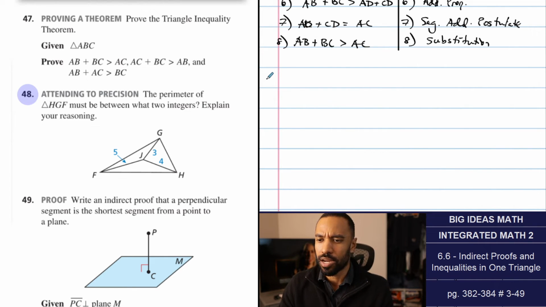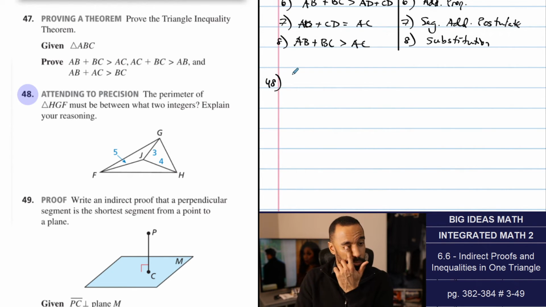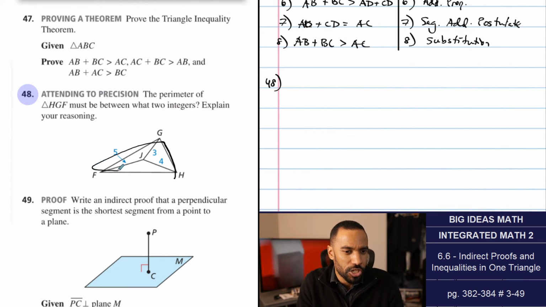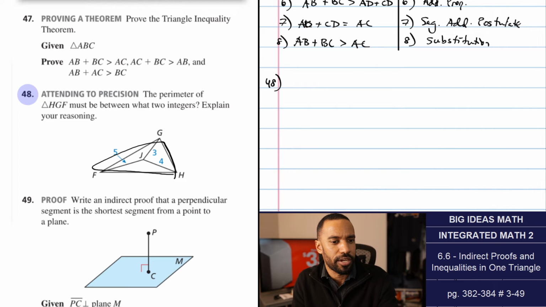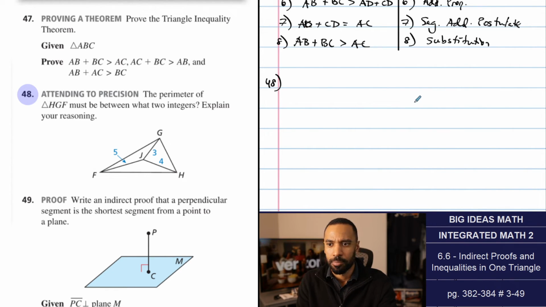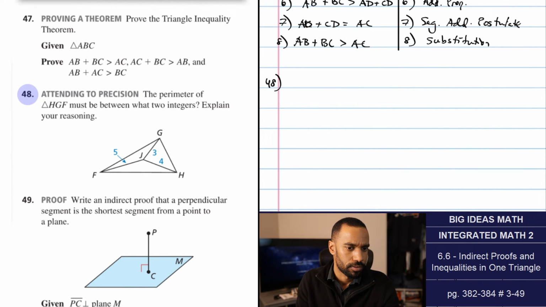All right, two more questions. We got number 48, tending to precision. The perimeter of triangle HGF must be between what two integers? Explain your reasoning. Can I not undo that? What happened? Okay. So